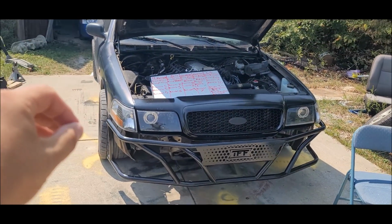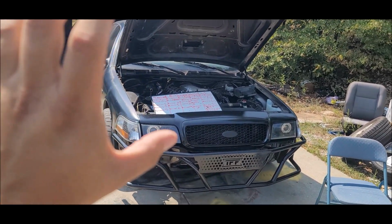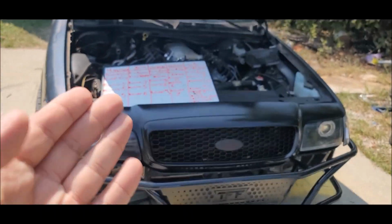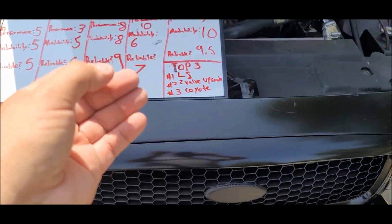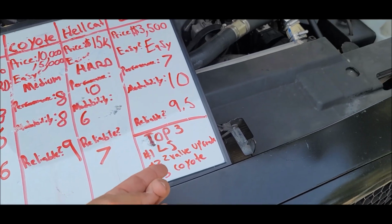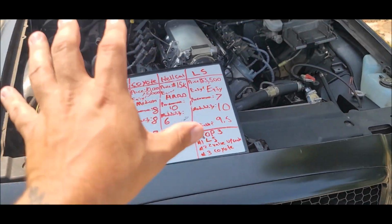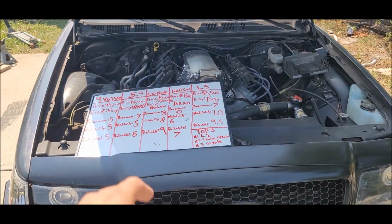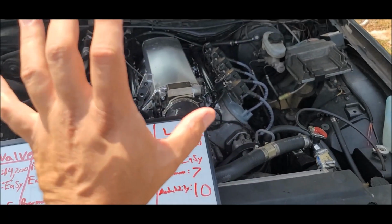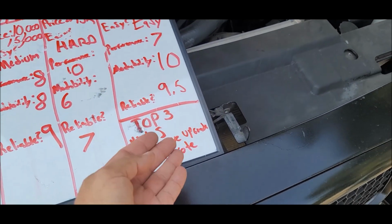So if you've made it this far into the video and you are on the fence as to what engine swap, if any, to do to your Crown Vic or Panther car, here are my top 3, guys. I suggest that number 1 is going to be an LS swap. Number 2, surprisingly enough, will be to actually upgrade the 2-valve you already have in there. Throw a supercharger in it, upgrade the internals, get it nice and tuned. And even then, that's still a more practical and affordable route than my third suggestion, which will be a Coyote